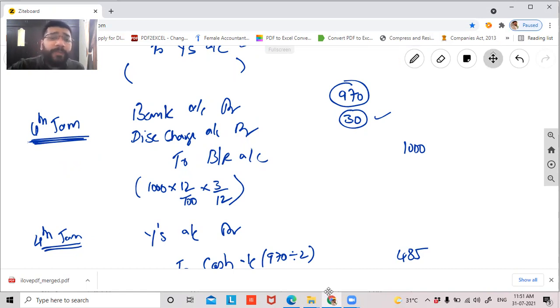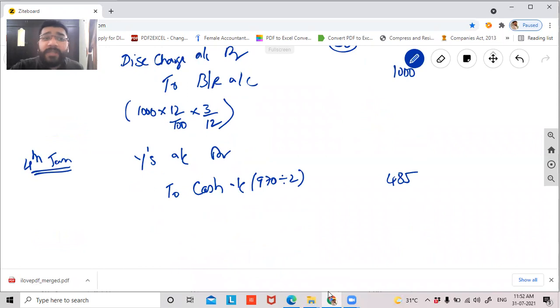So 30 rupees is the discounting charges initially recorded for X. In that, 15 rupees is the discounting charges of Y. So can I say to the extent of 15 rupees, I need to reverse the discounting charges? Because discounting charges is an expense as per the modern approach. To increase expense, to record expense, I'll give a debit. And to decrease expense, to reverse expense, I'll give a credit. So discounting charges, this is basically the reversal of the discounting charges.